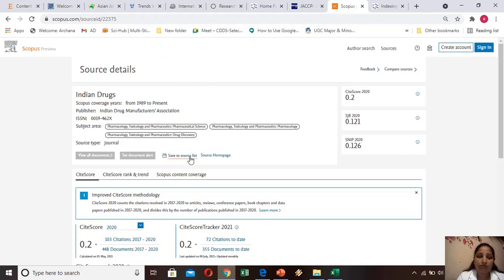But why do we need to check it on the Scopus website? All the journals mention their indexing on their own website, but we always go to Scopus and check the indexing of the journal. That is because some journals, though they are not indexed in Scopus, show on their website that they are indexed in Scopus.